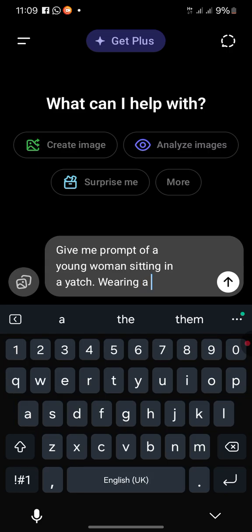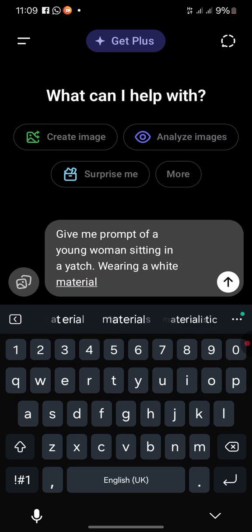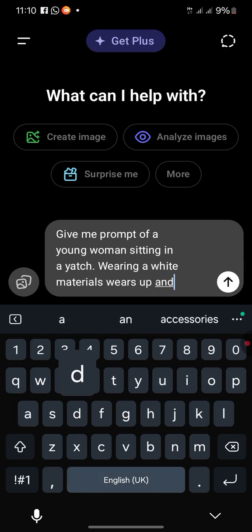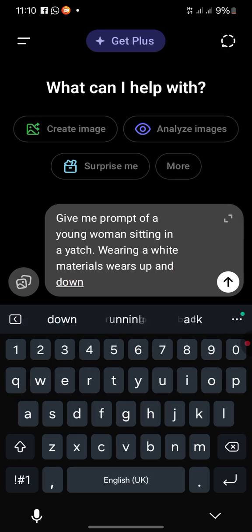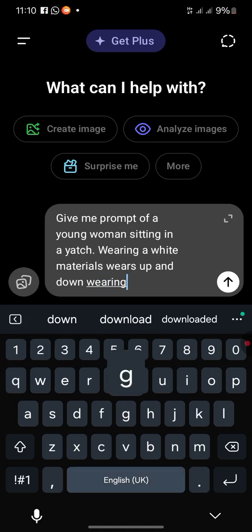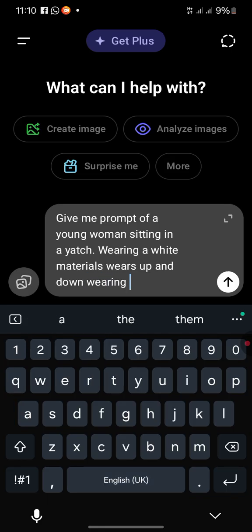Wearing a white material, top and bottom. It's going to help me to arrange it. Wearing a wristwatch. Let me just write watch. Wearing a watch. I've included the environment,